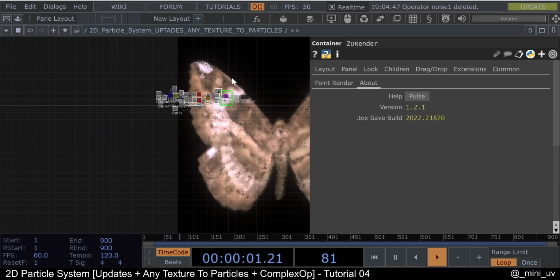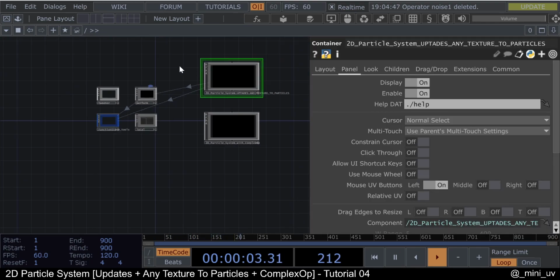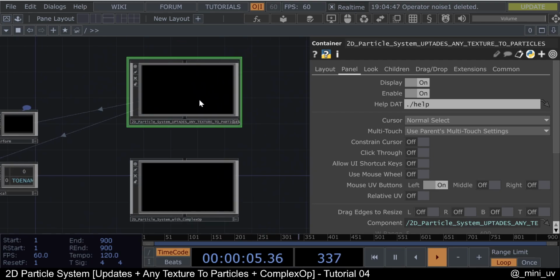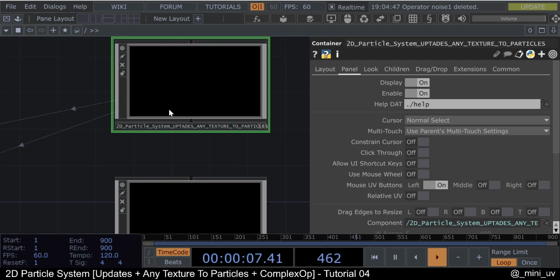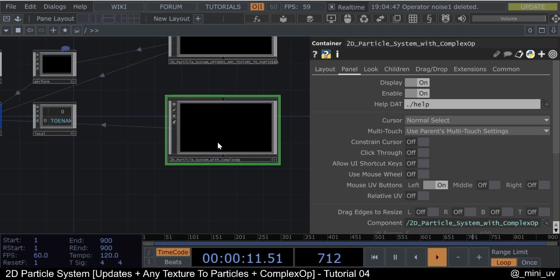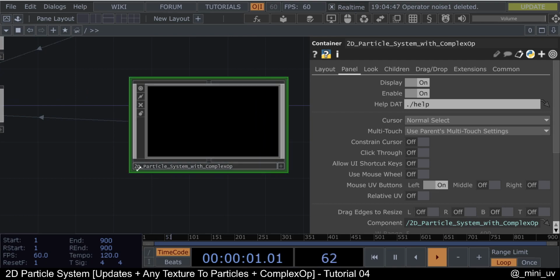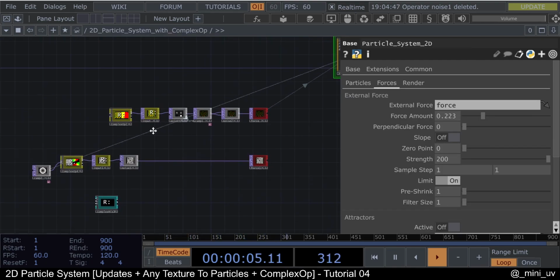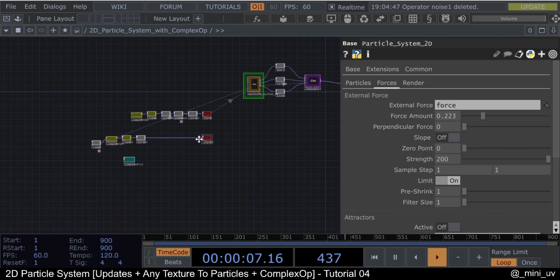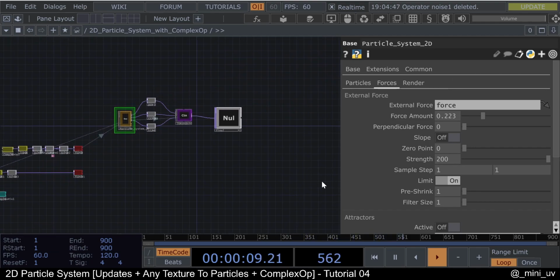Alright, I think we're done with the first and second part, and let's go inside this project now, the 2D particle system with the ComplexOp. So before we get into the ComplexOp,